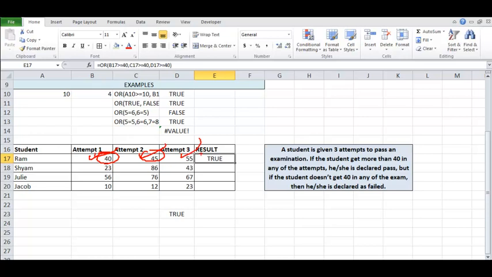In all the attempts he has passed, so he has passed. What about this one? He has failed here but passed elsewhere, so his result will also be true. What about this one? Pass, so his result will be true. What about this one? 10, fail, he should be getting a false result. Yes, it is coming. So he is failing in all 3 examinations, so the overall result is false.